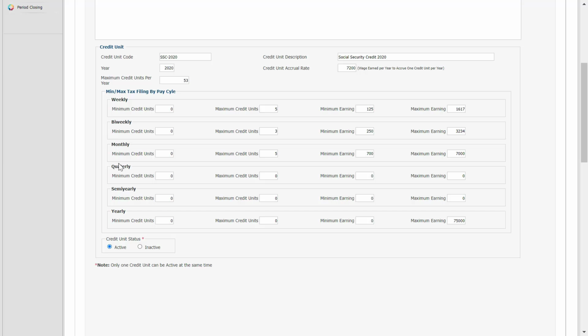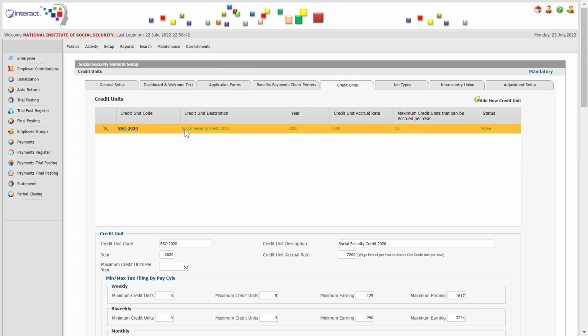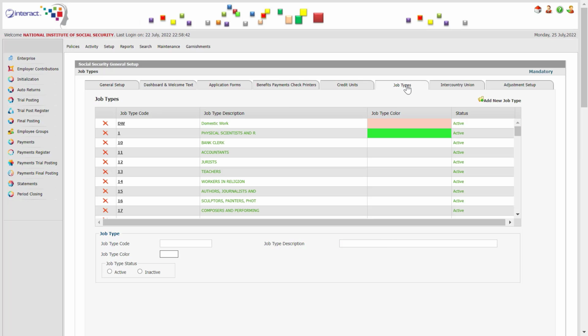All of these matters are flexibly configured without source code changes. Next, we look at the basic data that can be configured around jobs, the job types that you're going to be using when you classify jobs, etc. This type of classification of essential data is important and will be very different in each country, so it must